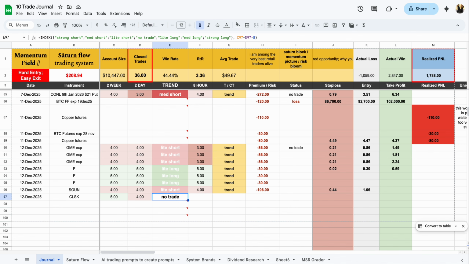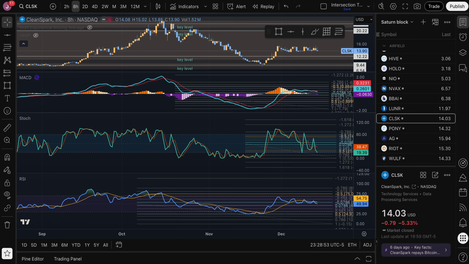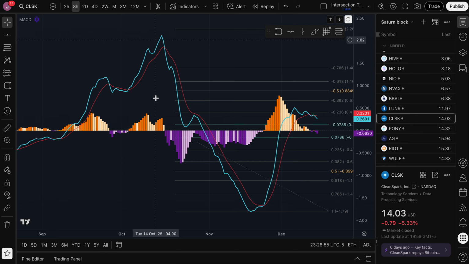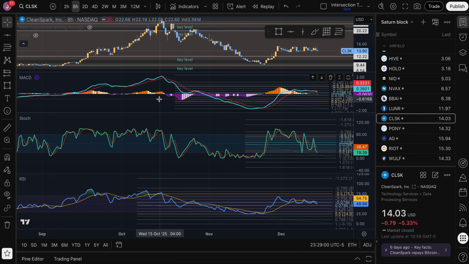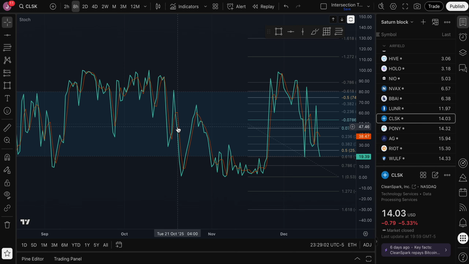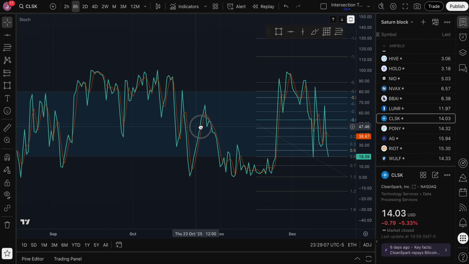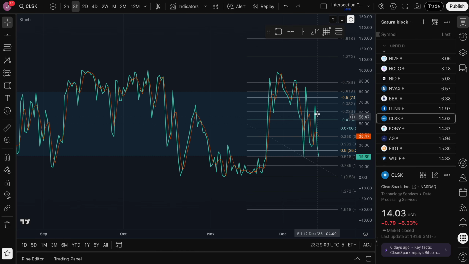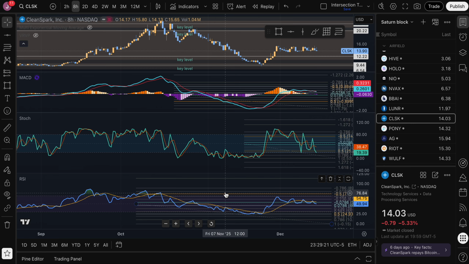Did I grade this? No. Okay, so this I'm going to call short, make it a 4 because it's above the 0. This is going to be a 4 because of the extremity that is just completed. I'm expecting a pullback and then hopefully continuation. It'll be 4, 4, 4,